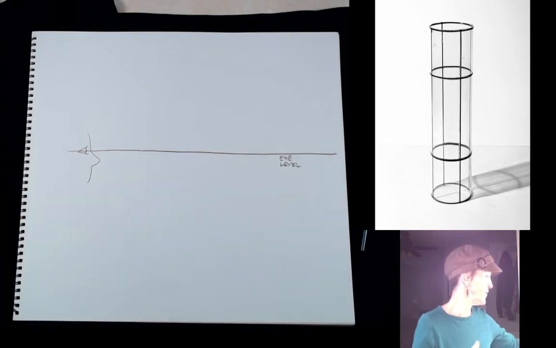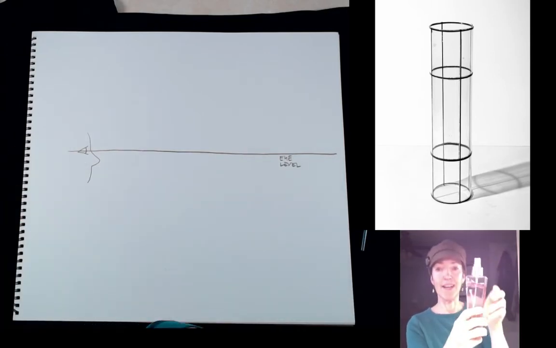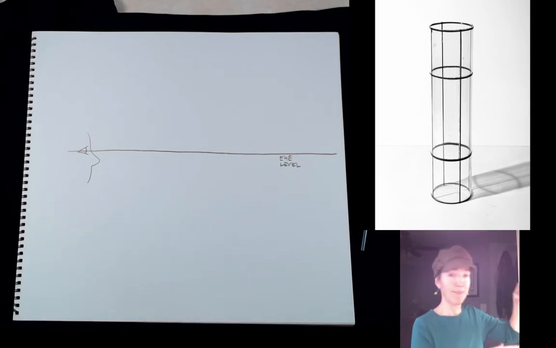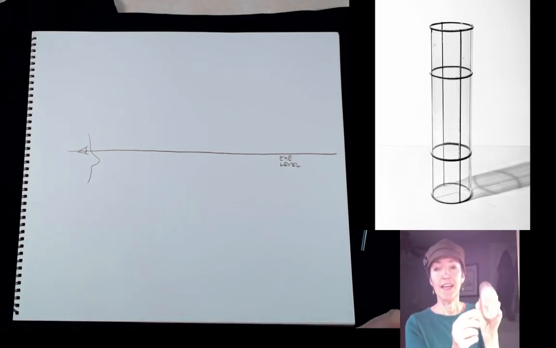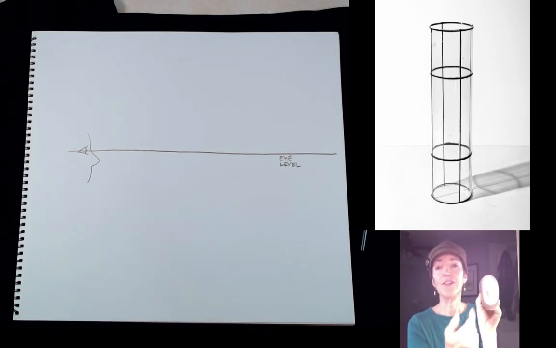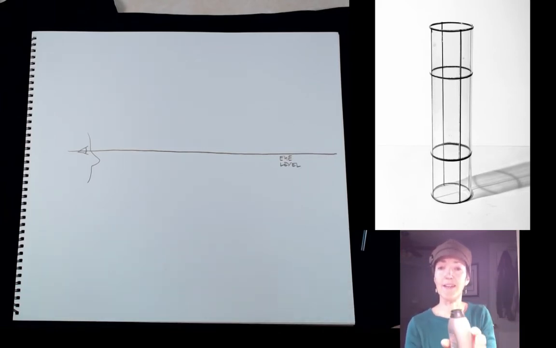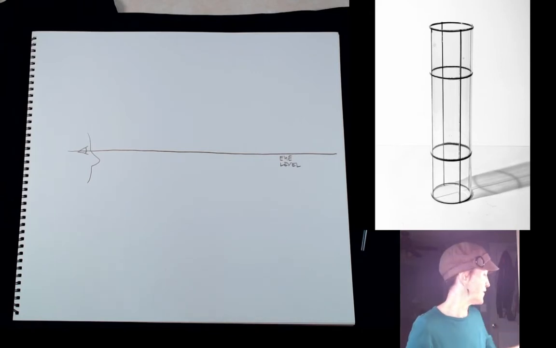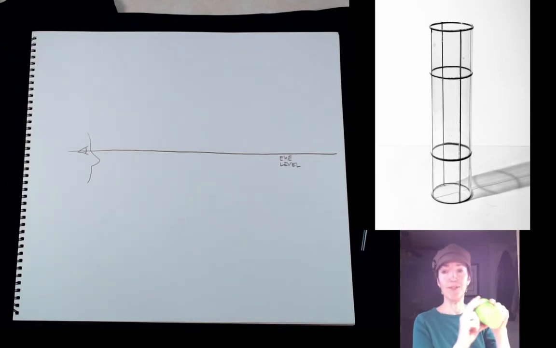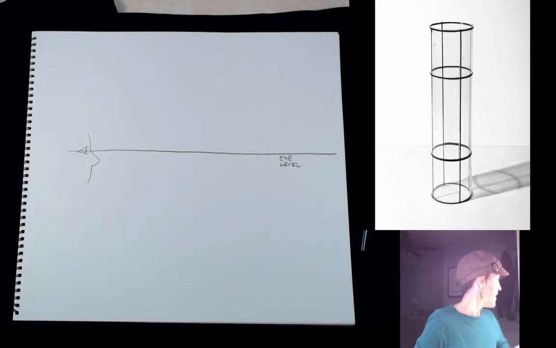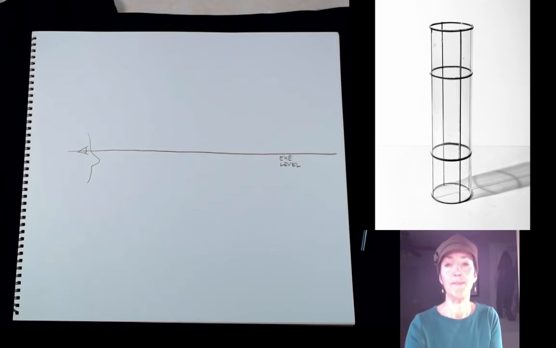It's not a good choice to choose something like this that might seem like it's the right kind of thing, but when you look at it from end view, it's actually rectangular. So this is not great for doing ellipses. Another kind of problem shape, even though it seems like it might be the right kind of thing, if you look at the bottom of it, it's certainly not a circle either. It's more elliptical and oval shaped, and that will distort the shape of the ellipses and mess up your drawing. So as you're choosing objects, be sure to always choose things that really are round when you're looking at them from the end, and not things that are distorted somehow.